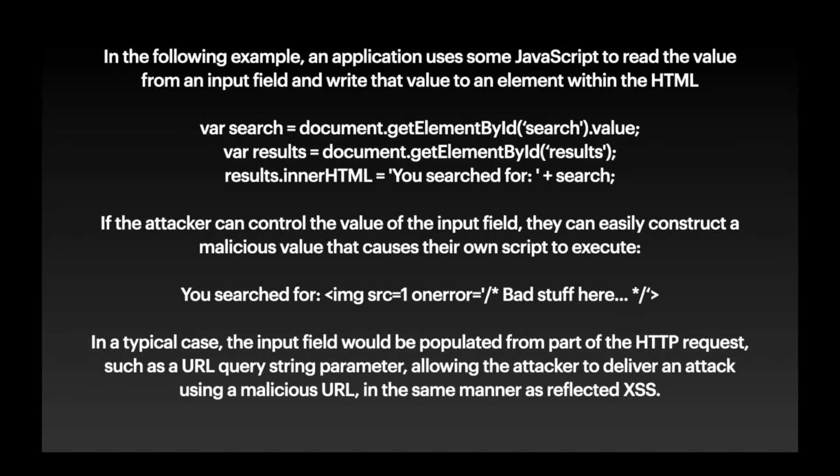So if the attacker can control the value of the input field, they can easily construct a malicious value that causes their own script to execute. So what if we search for img src equals 1 and onerror, whatever we want to execute? This payload will be executed in this application. In a typical case, the input field would be populated from part of the HTTP request, such as a URL query string parameter, allowing the attacker to deliver an attack using a malicious URL. So we have this payload here, and when we search this in the application,